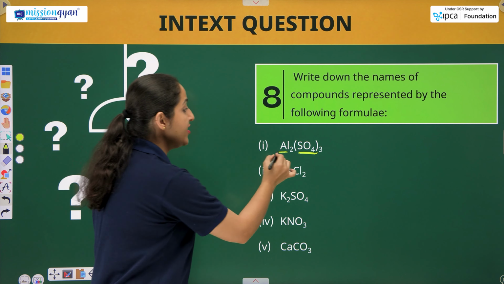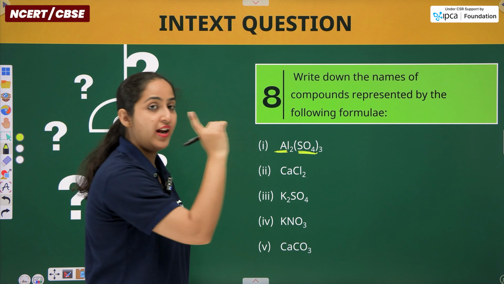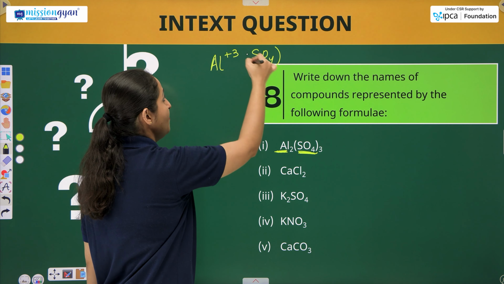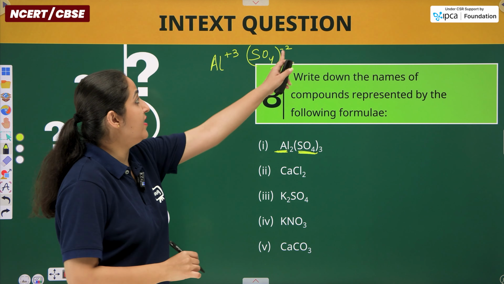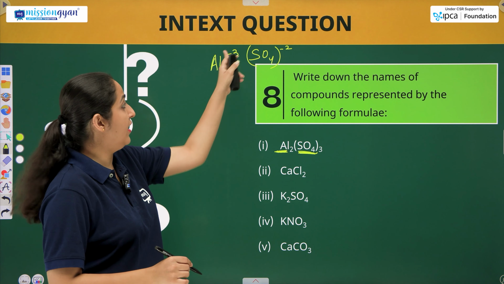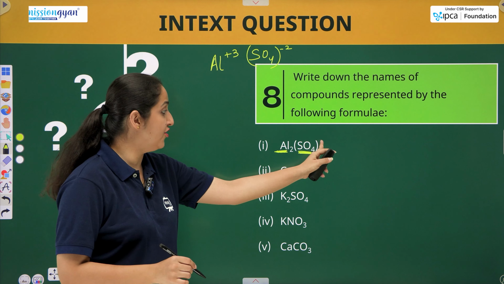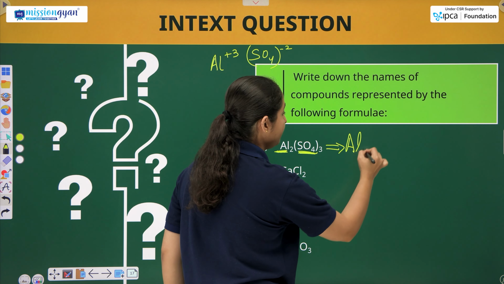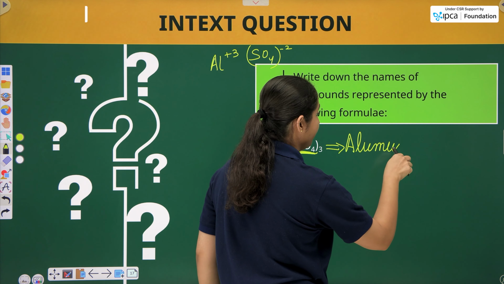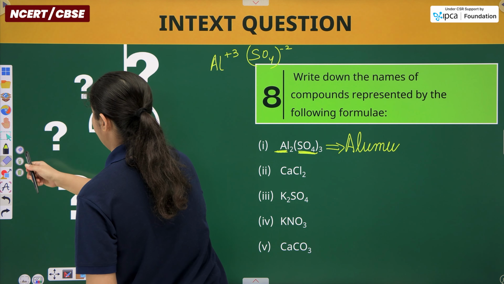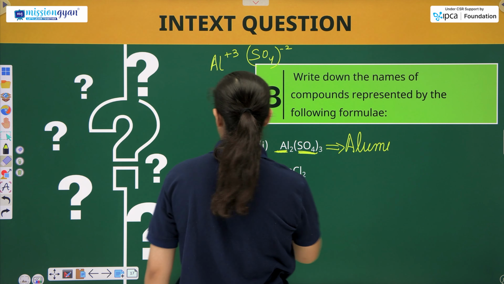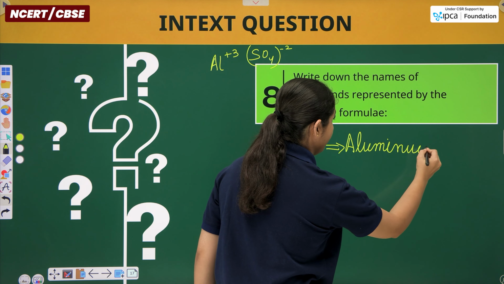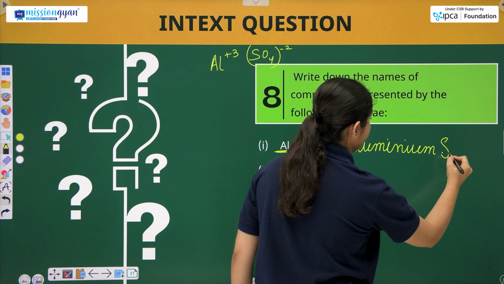Okay. So, obviously, students, this is aluminium and this is a sulfate ion. Aluminium plus 3 and SO4 2 minus, okay, minus 2. So, you can see that this 2 should have come here and 3 should have gone there. So, यही तो formula है, 3 is here, 2 is here. So, that means the chemical name for this is aluminium sulfate.